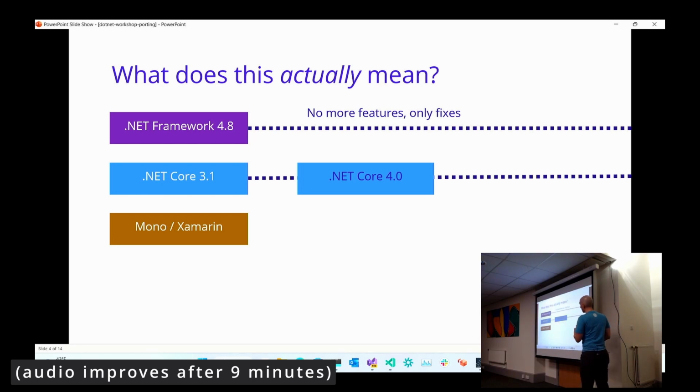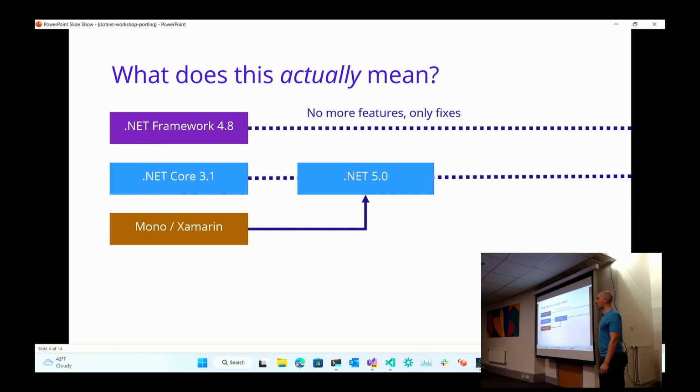So what they did is they said, hey, we have this Mono project. That's kind of doing its own thing. There's a lot of great innovations been done, like ahead of time compiling, assembly trimming, all these sort of things. We should take some of that and merge it into .NET Core. And because naming is hard, let's just call it .NET 5.